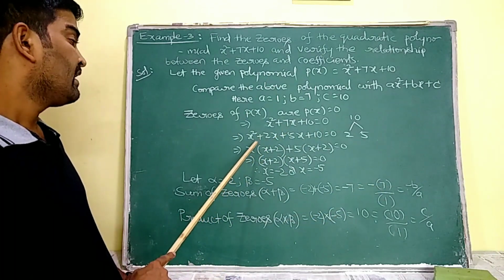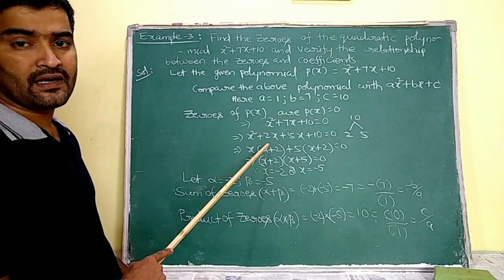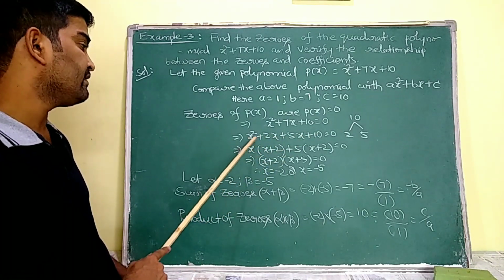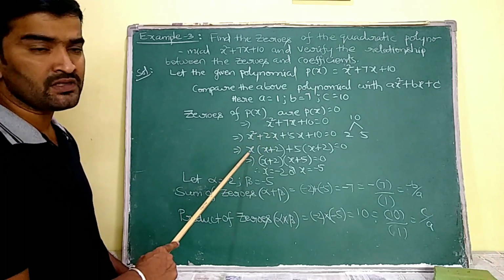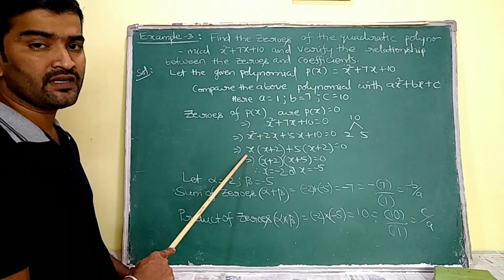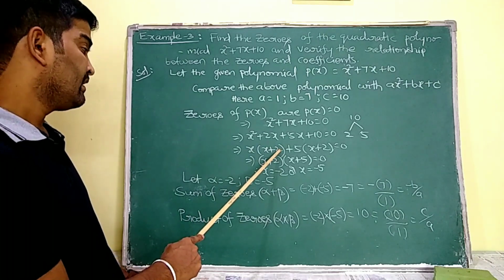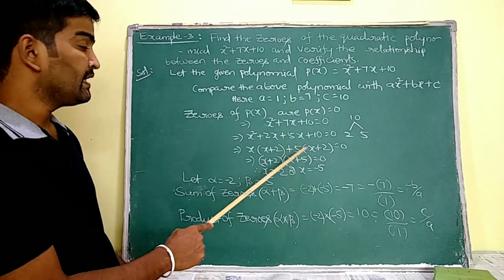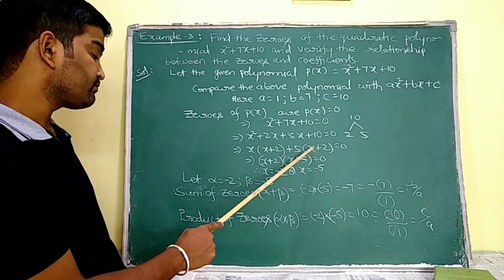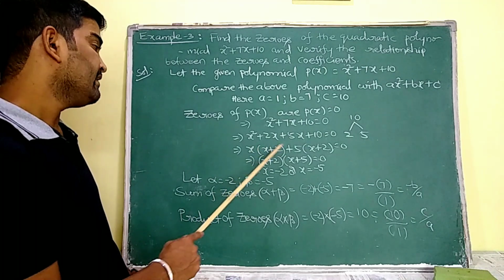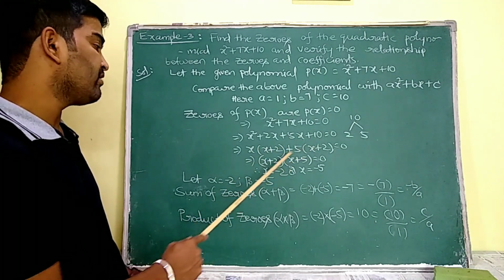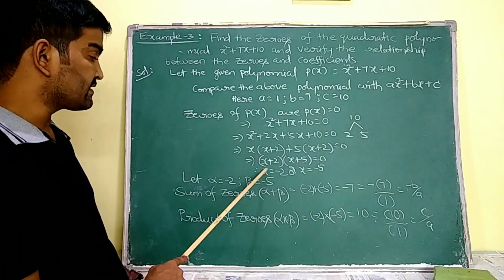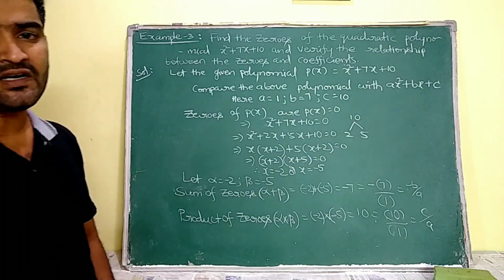Similarly, we are going to take the common value from the first two and the last two terms. So from the first two terms I have x as common. I am going to take out that x as common here: x into x plus 2 is the value, and from the next two terms I am going to take out 5 as common. Then x plus 2 is the common value here. By this equation I am going to take out x plus 2 as common. Then x plus 5 is the second factor. So x is equal to minus 2, minus 5 are our zeros.